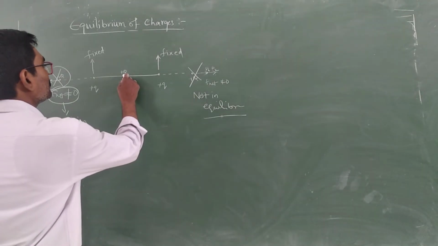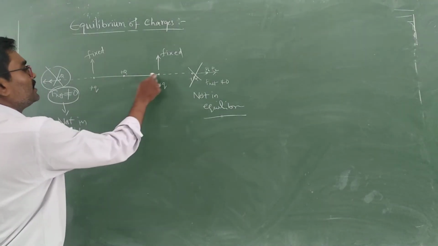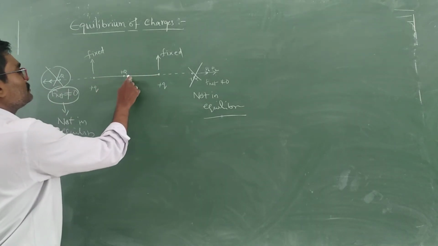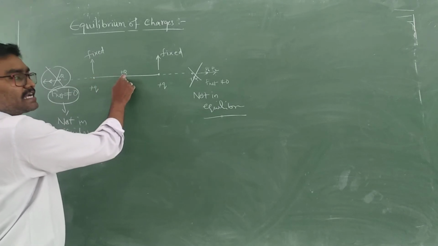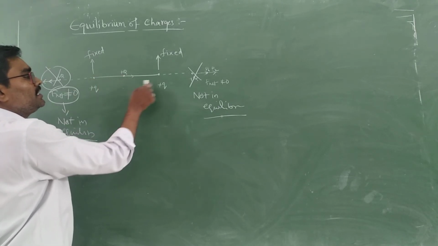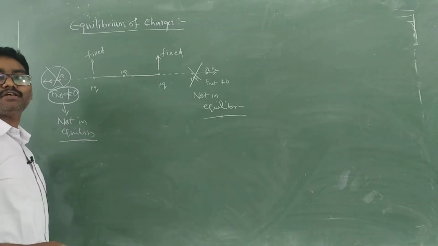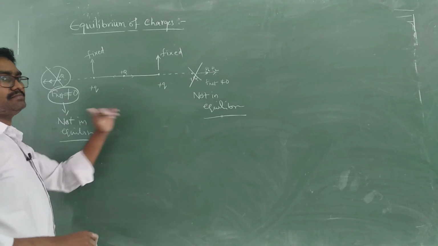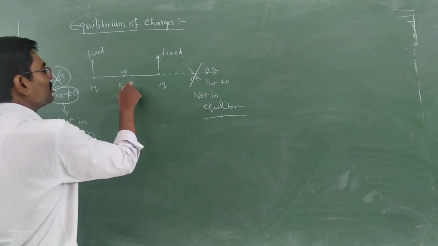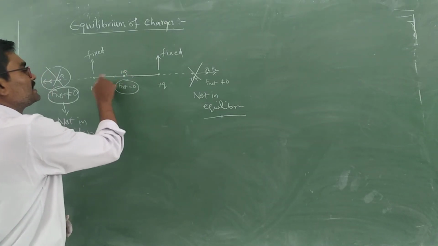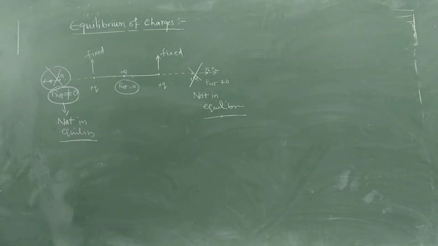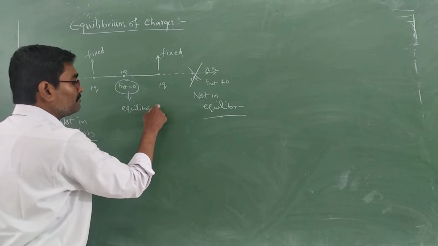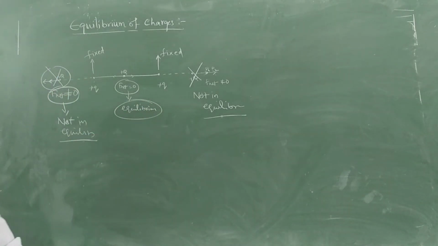Then think about the middle. One minute. See here. This is plus Q and this is plus Q. If the charge is exactly half way, this one pushes it in this way and the other will push it in the opposite way. So the net force acting on it is zero. That is in equilibrium. So F net is equal to 0 when it is placed exactly half of the separation. So it will be in equilibrium. But which type of equilibrium is that?